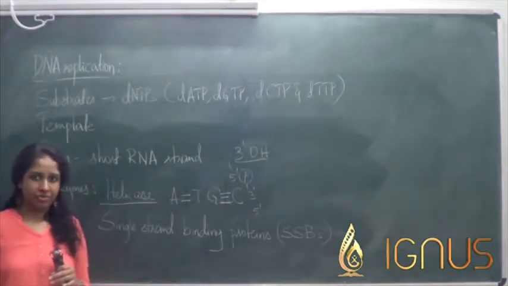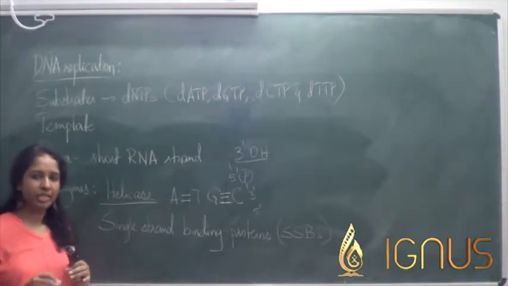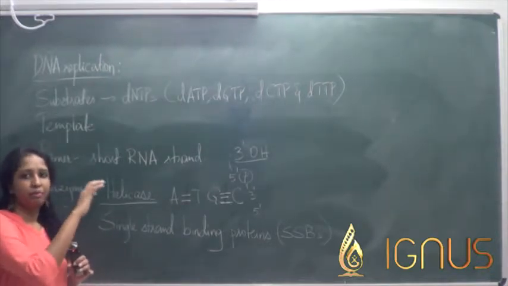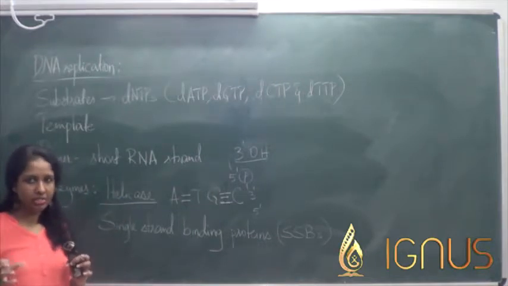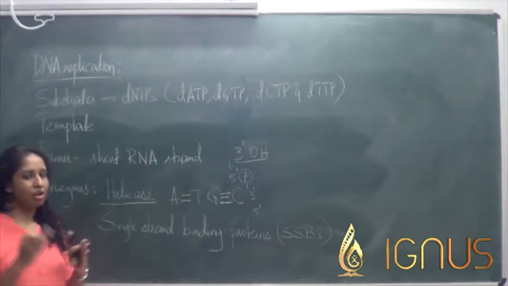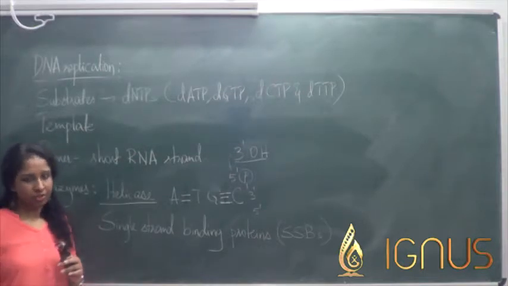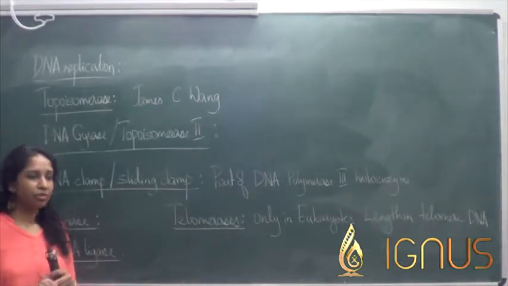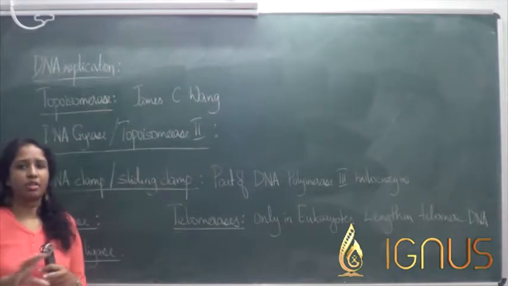To stop this from happening, single strand binding proteins are going to bind to both the single strands, and because of these proteins binding to the free single strands, they cannot come together again and form the hydrogen bonds. The other enzyme that is found in DNA replication is topoisomerase, which is a class of enzymes